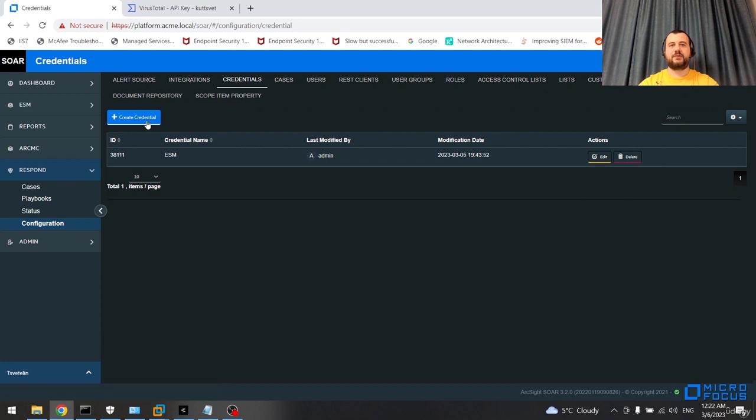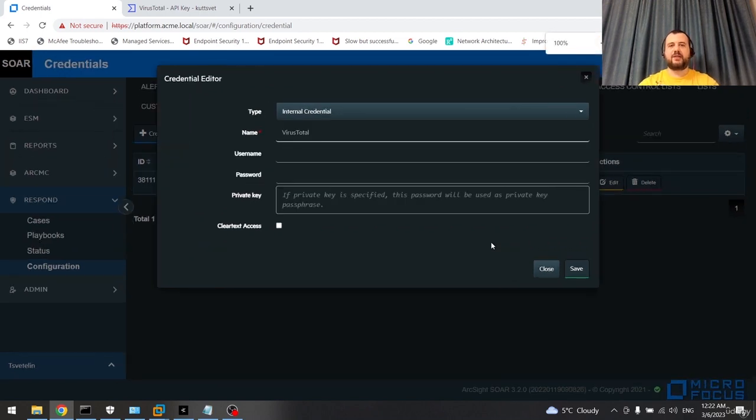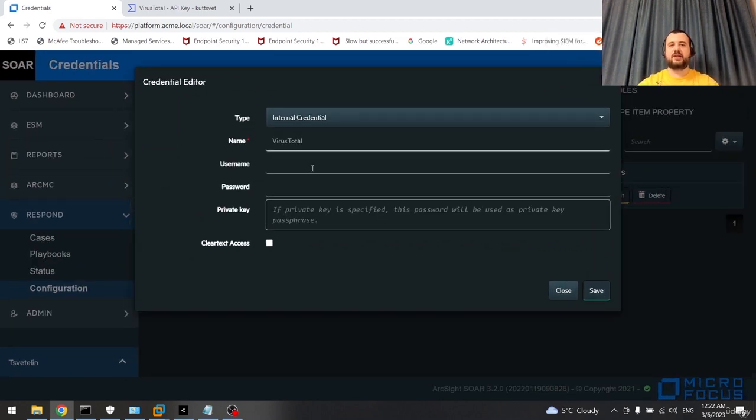Click on Create Credential, give a name. Make sure you give nice and meaningful names, like in this case I've called mine VirusTotal. And now for the VirusTotal integration, something interesting is that you don't even need a username and a password. The only thing that you need is to just paste your API key into the section called private key. Go ahead and save,